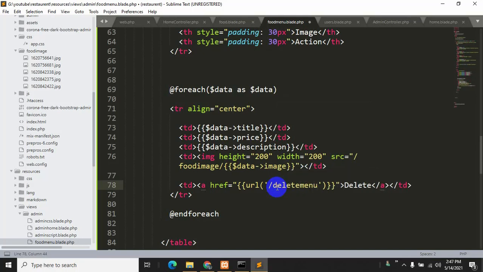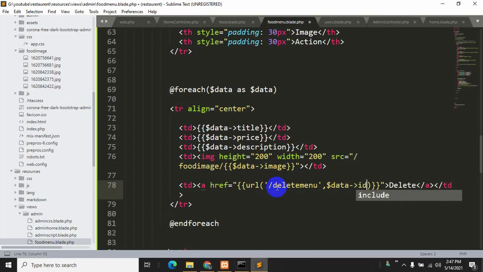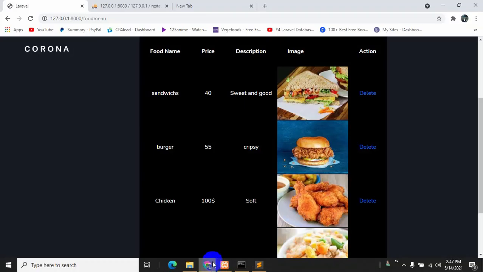Then we need to say comma, after this comma, dollar data id. Okay, so what it will do, it will call this delete menu route with the specific id, and it means if we click this, it will call the route with this data's id.